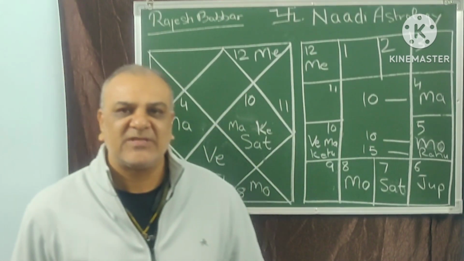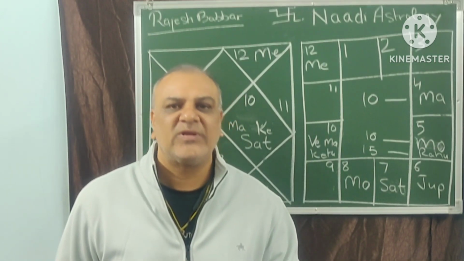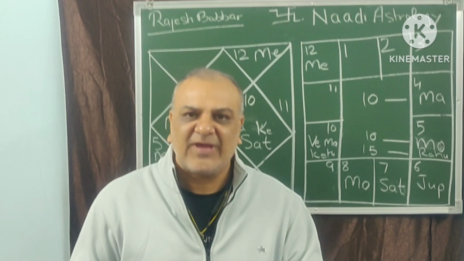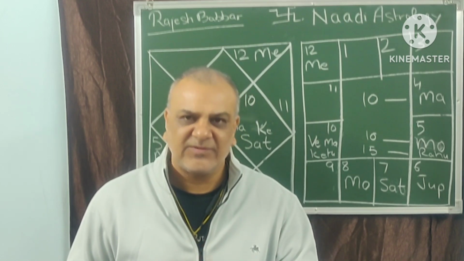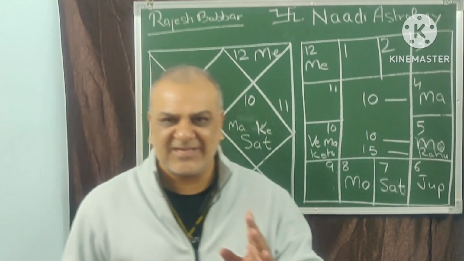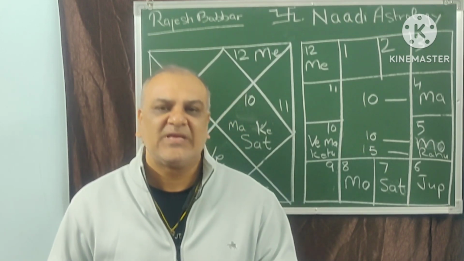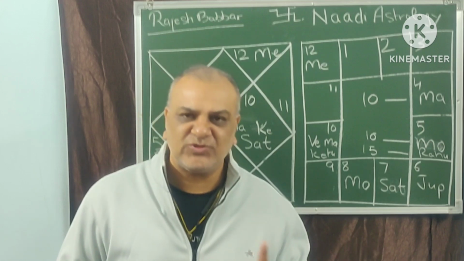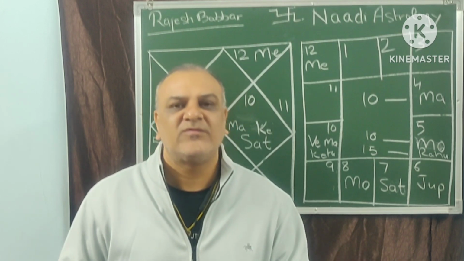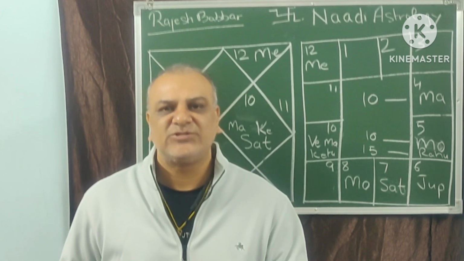If there is Rashi Parivartana between Jupiter and Moon, Jupiter in Cancer, Moon in Sagittarius or Pisces, then the native and mother will look alike. You can check this combination in any chart. You will 100% find if there is exchange between Moon and Jupiter, the native looks like his mother. If there is a Rashi Parivartana between Jupiter and Sun, the same combination applies to the native. He will follow the qualities of his father.